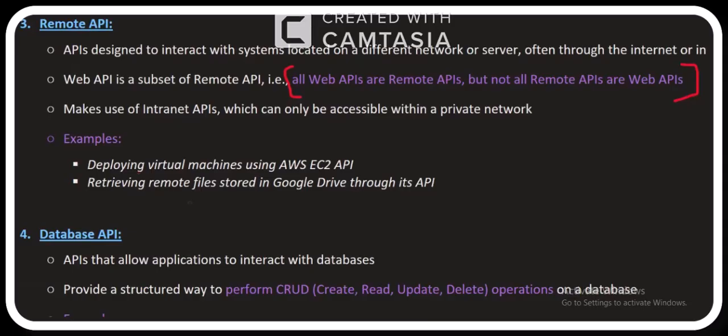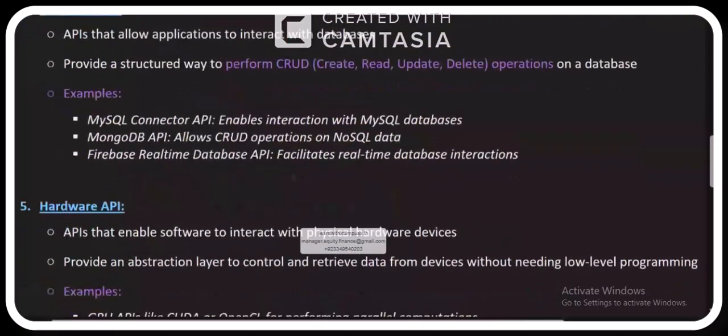Okay? And again, Google Drive is also a very good example. What is Google Drive? It is storage, right? Where is it being stored? Is it stored in your local system, in your memory, in your hard drive? No, it is stored somewhere else on the internet, on the cloud, right? So this is your example of remote. Okay? So guys, if that is clear, let's move on